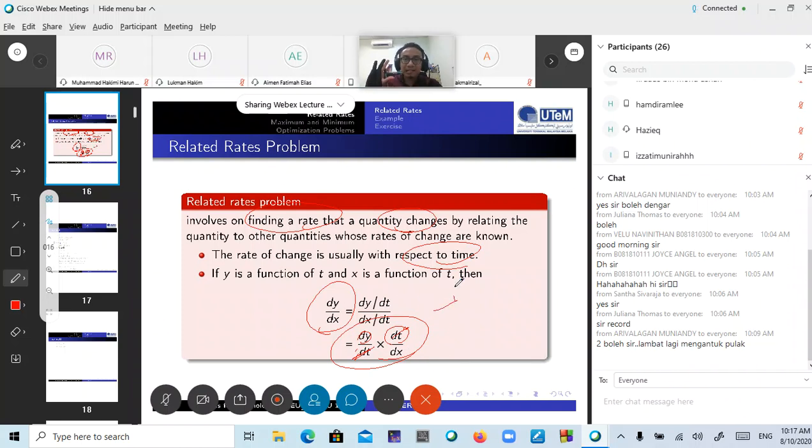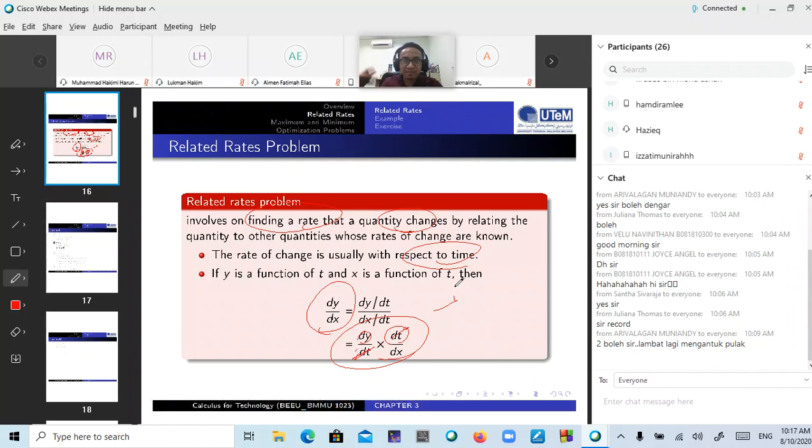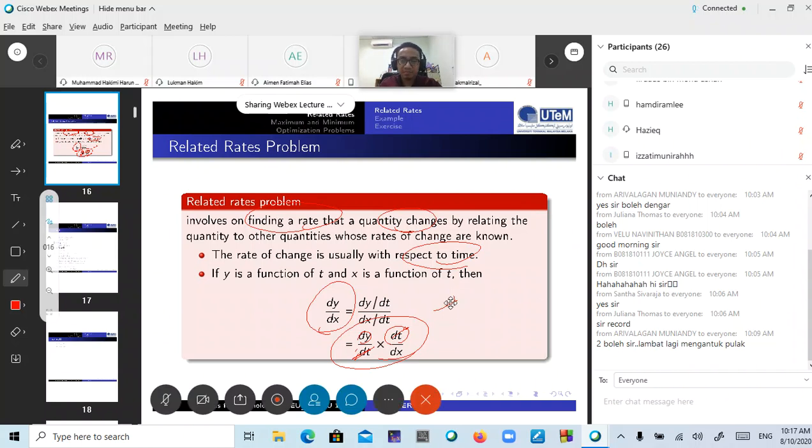Sebab pada related rate ni, dia tak ada spesifik, we call it a specific formula. You kena tengok for the that problem apa yang dia nak. Tapi biasanya kita akan guna rule macam ni, benda-benda gini. Okay? Ataupun sometimes kita akan guna